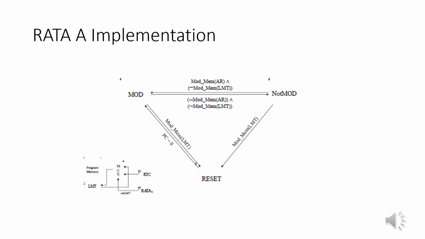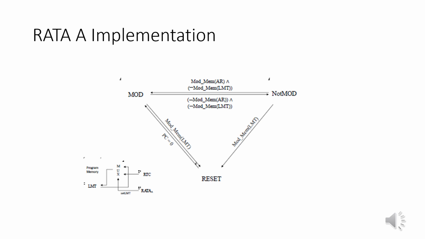Construction 1 on the previous page assumes that properties in equations 11 and 12 are enforced by RATA-A. This figure shows a formally verified finite state machine corresponding to this implementation. It enforces the two properties of equations 11 and 12. This finite state machine is implemented as a Mealy machine, where output changes any time based on both the current state and the current input values. The state machine takes as an input a subset of signals and produces two 1-bit outputs: reset, to trigger an immediate reset, and set LMT, to control the value of the LMT memory location.